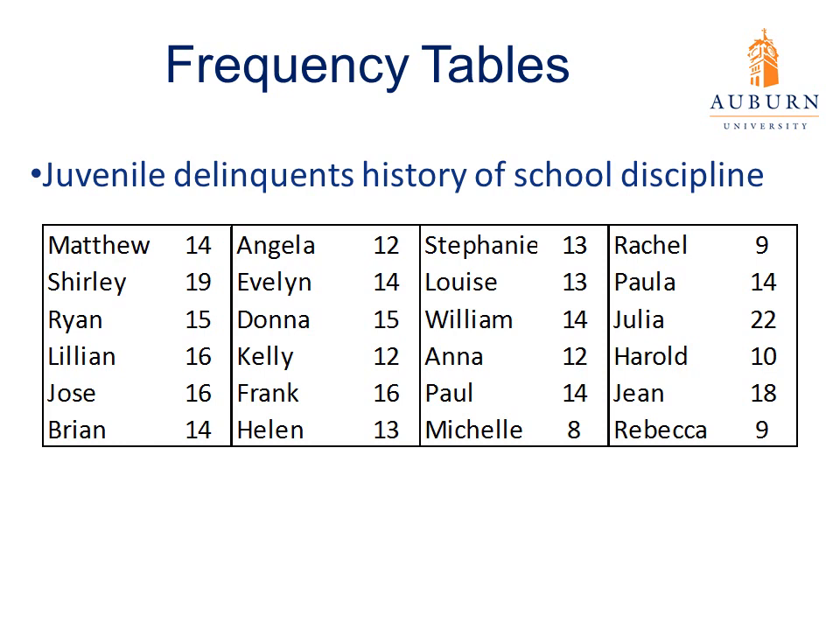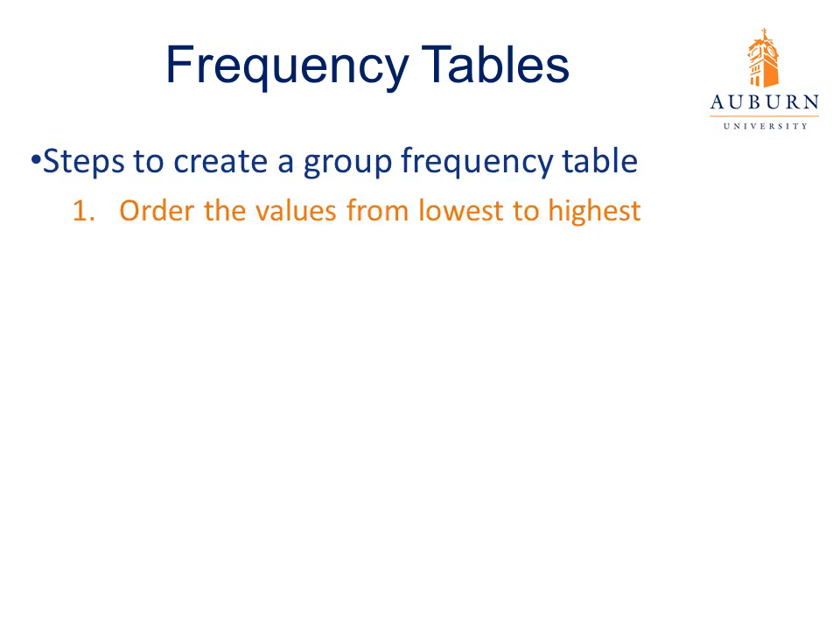And so here's our data set, and we see we have several juveniles here, and next to each of these juveniles is a number, and that number represents the number of school discipline issues or the acts of discipline in the last 4 years. There are several steps to creating a group frequency table. I don't necessarily think you need to memorize these steps because I think once you do a couple tables then you'll pretty much know what you need to include,